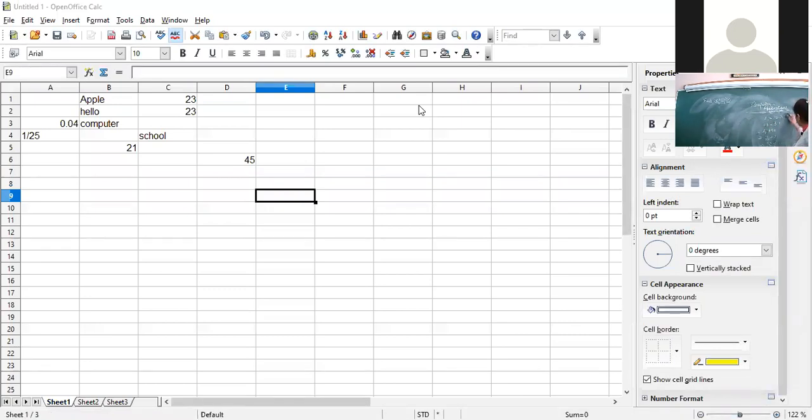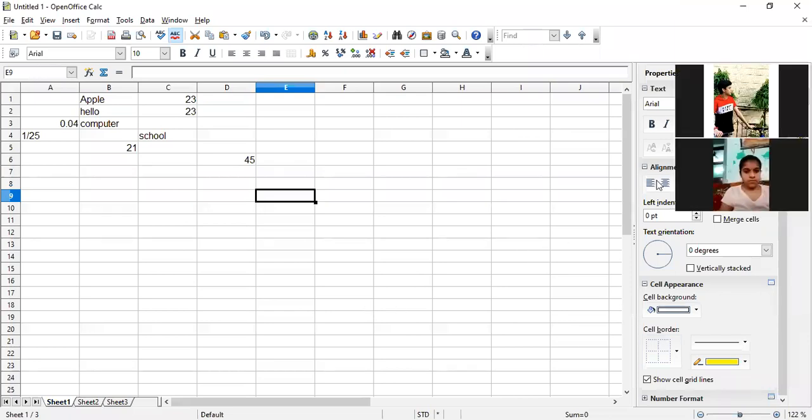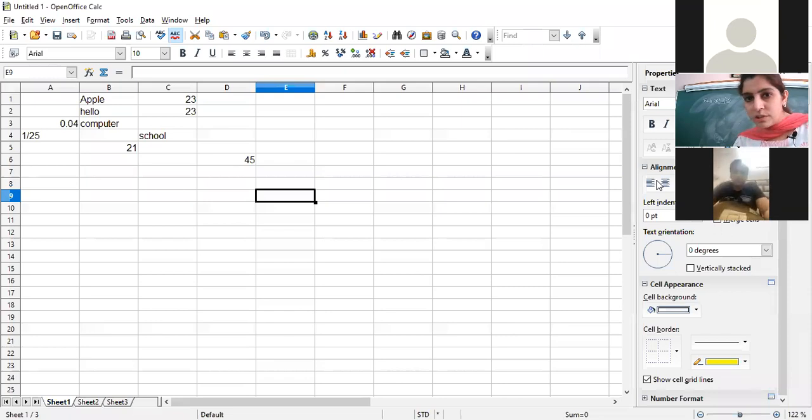The next is, write one more example. A1 exponent 3, B1 exponent 2 plus C1 multiply by 2. A1 exponent 3, B1 exponent 2, C1 multiply by 2. Be quick. On your cameras firstly, let me see how you are writing. Show me your notebooks.